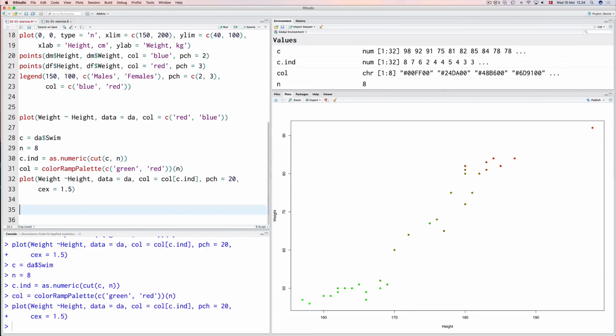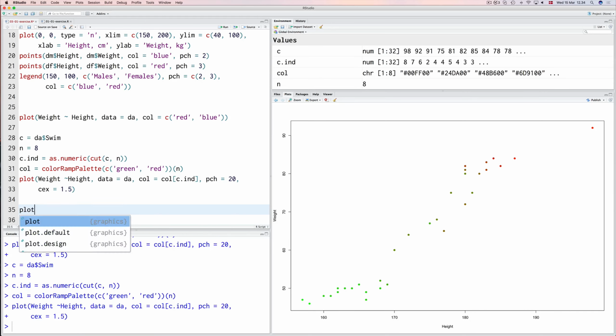The next point is how to add a straight line that will fit the points. Sometimes when you want to assess the linear relationship visually, you would like to make the straight line that will fit the points. We will talk about this in particular in the second video. So now it's just a very quick